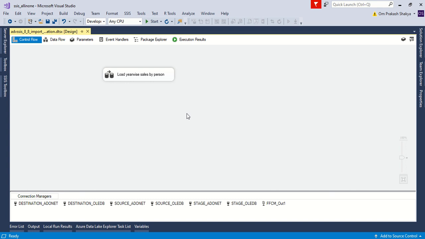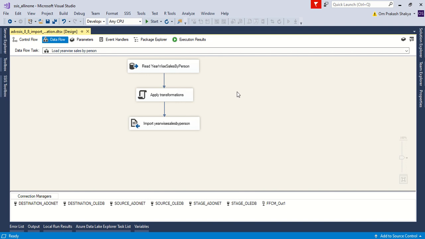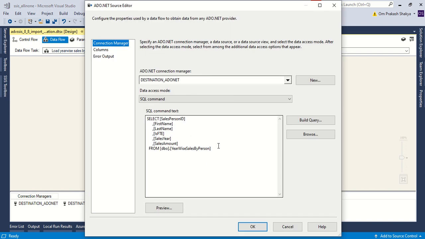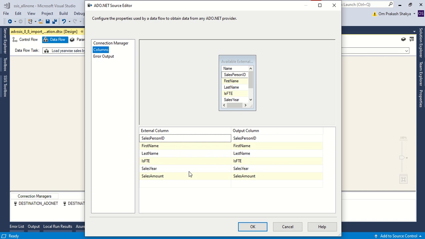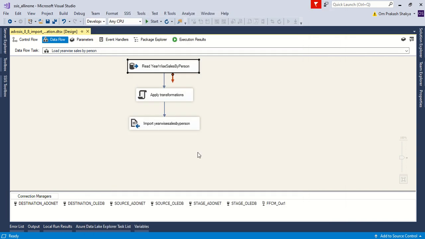I have already prepared this package and we have the data flow task. Inside this I have an ADO.NET source, which is reading some data using an ADO.NET connection manager. It produces these columns and the data, and we have used this script component